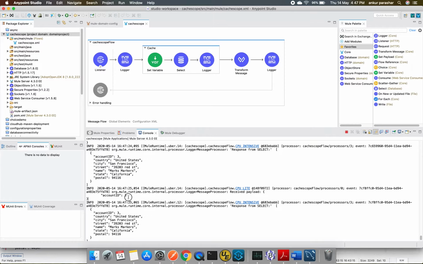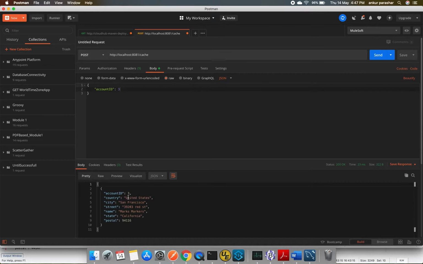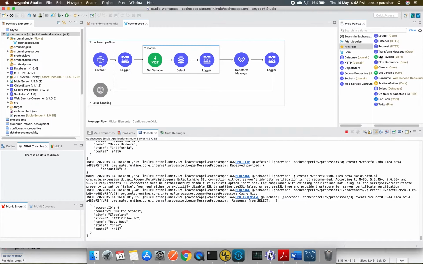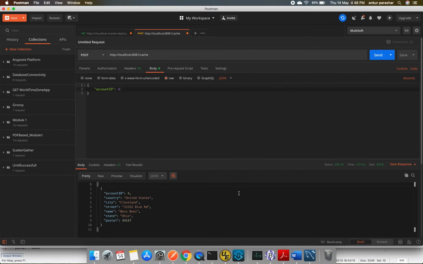So we are checking for 3, cache miss is absent over here, and after that the final response from select is printing from this particular logger. This particular logger entry is missed because there is a cache hit available for account id equal to 3. Let's try to hit with 4 once. Since we have restarted our Mule runtime or this running instance, that's why it was a cache miss and the cache was rebuilt. So let me again hit with 3,